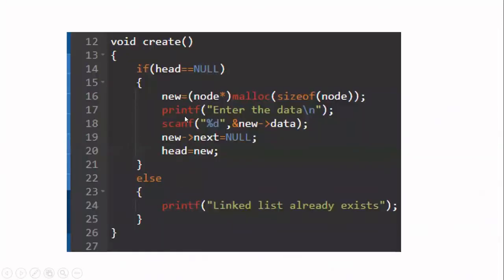First, when you write this program, you have to check whether the linked list is already existing or not. If you call the create function after creating 5 nodes, there is no meaning. That is called as insert. So first check whether head is equal to null. If head is equal to null, then only it means that the linked list is empty. So you can create the first node. Else, if head is not null, it means the linked list is already existing. So don't execute create, because create is only for creating the first node. So print some error message to the user that the linked list is already existing.